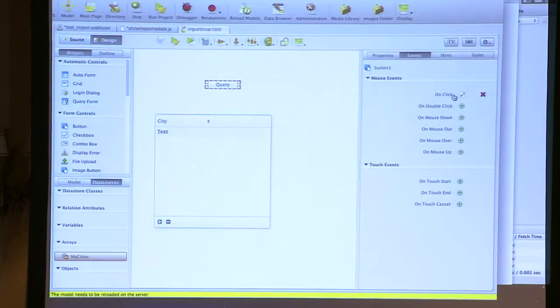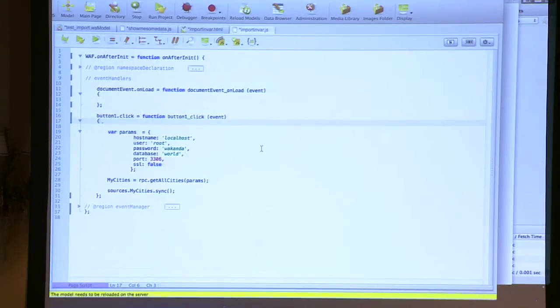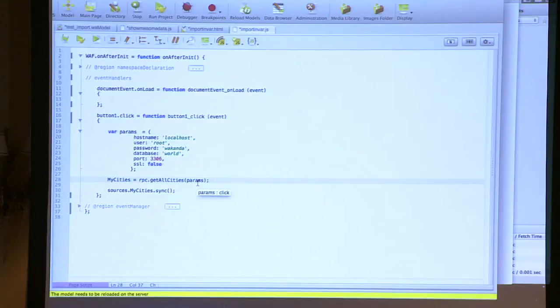Dear Wakanda, you probably saw this. Wakanda has certain events for certain objects, so we can write code directly in it. So on click, what do I do? Or actually, what did the people who prepared the demo do? I'm going to define parameters and call my method. I will explain this a bit later. Then I call the method that will return the array,